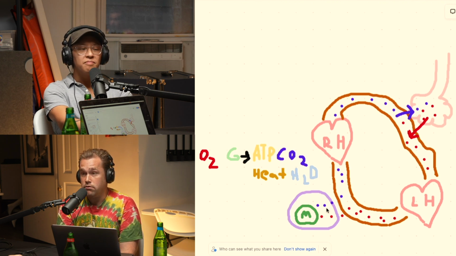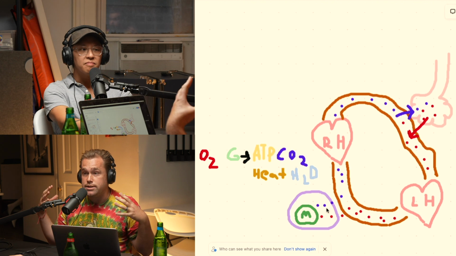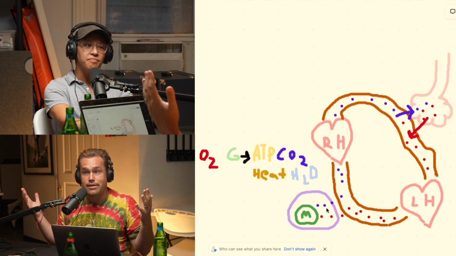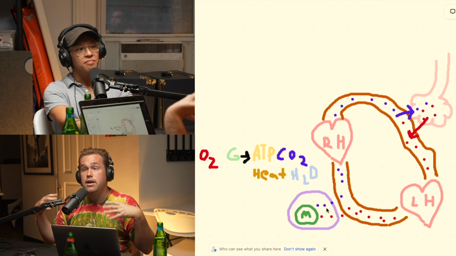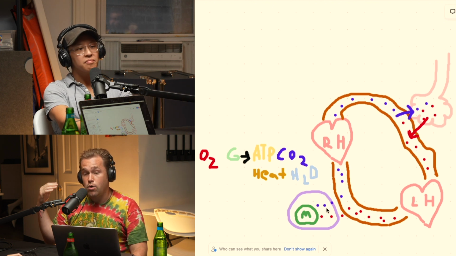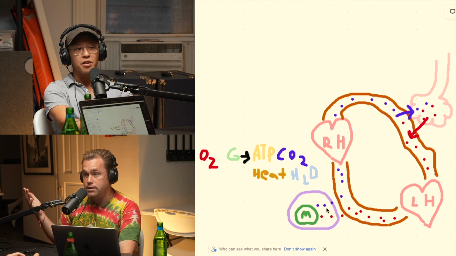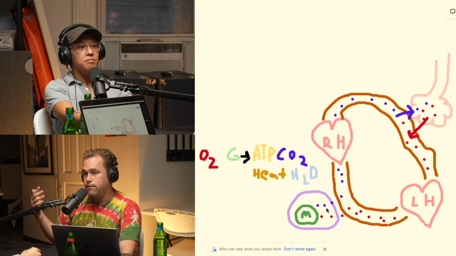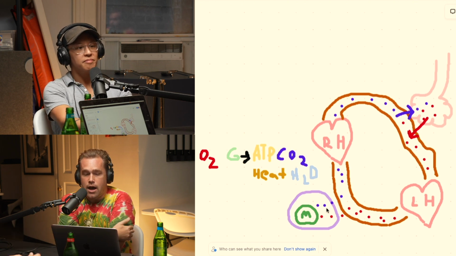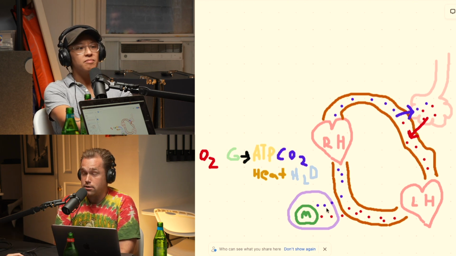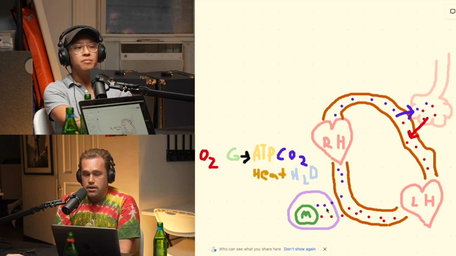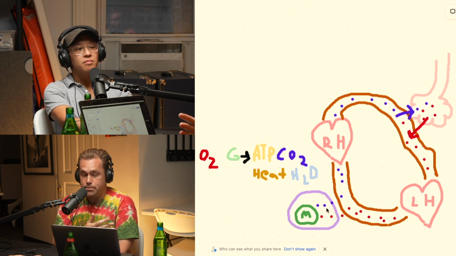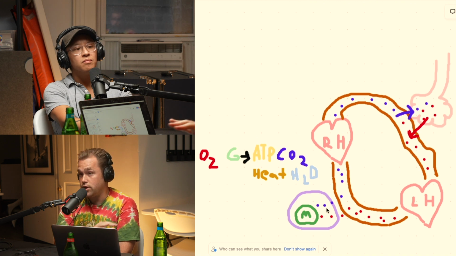So in your cell, sodium wants to rush into your cell, but that's not a good thing. We need to pump that sodium out, because if sodium rushes into the cell, it's going to explode. So most of our energy... Explode because what? Water will follow it? Water follows sodium. So the technical term, I guess, is called lyse. It's lysing. Okay. So a lot of our ATP is consumed just there.